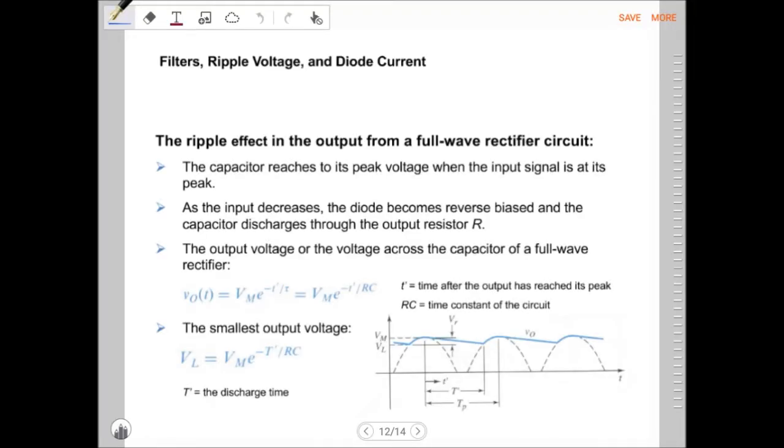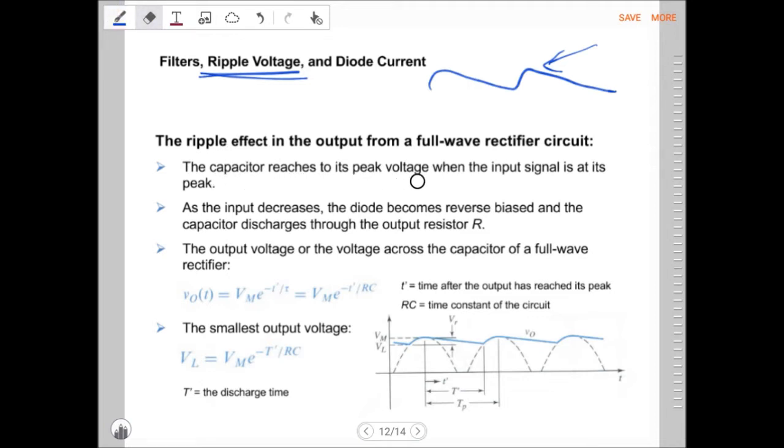Now we want to be able to calculate the ripple voltage. The ripple effect is this effect where you see an increase, then a decrease. It looks like a ripple. So this is what we call the ripple voltage. The capacitor